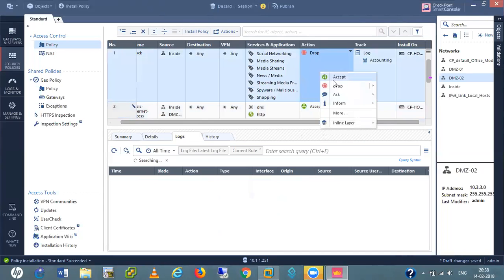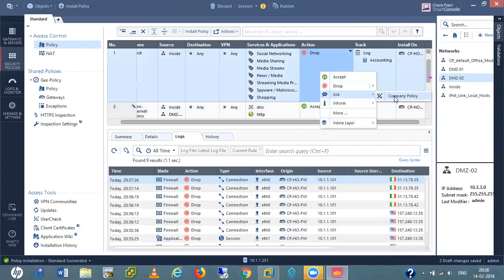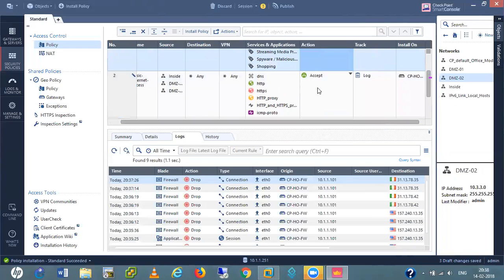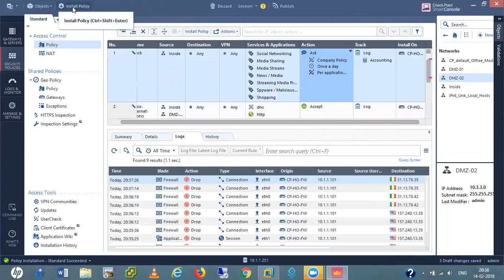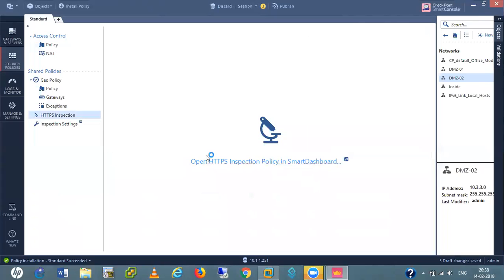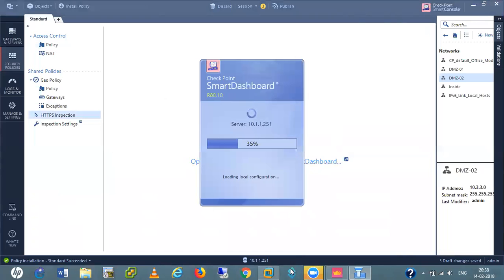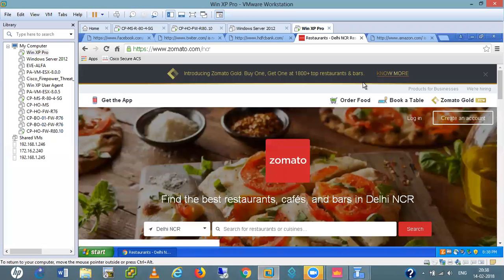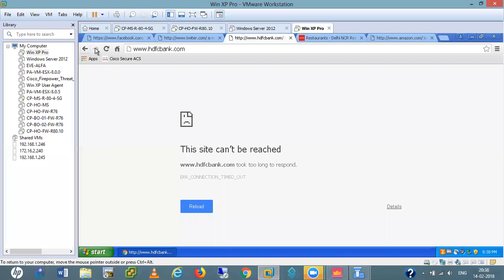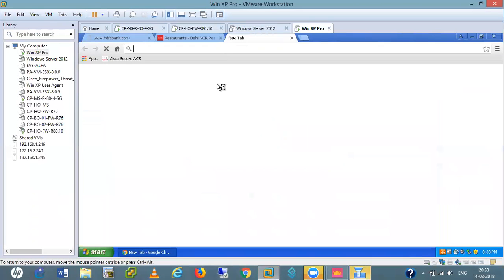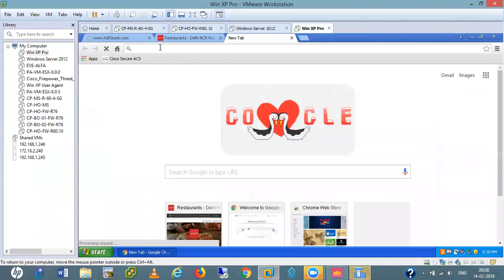Not this one, this rule, okay. I'll just give this one and I'm installing the policies again. Let me also go to my inspection policy for banking sites, banking and financial sites. I'll just bypass one more time because I'm not able to get any banking website here. Amazon is blocking. Okay, let me open Google now.